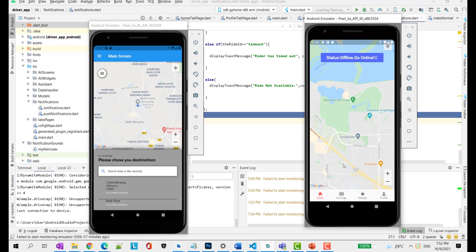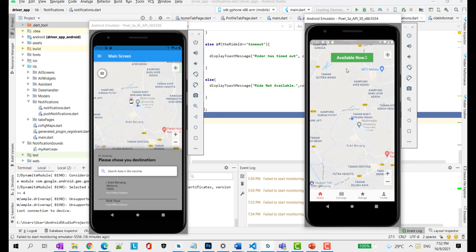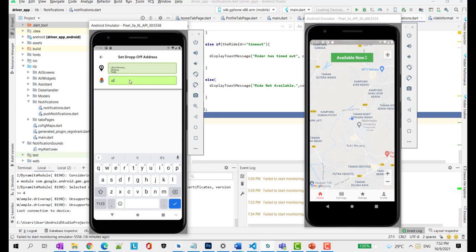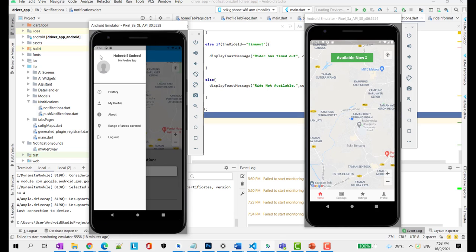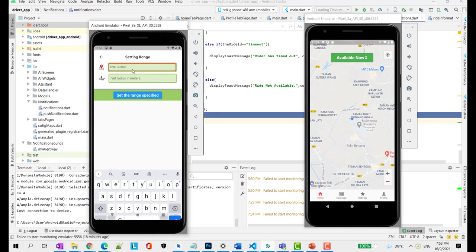The application will look at the position. So this is the home page of the application, and now when I click on the available now button, the car icon appears here. If I want to go to UTM, the UTM will not appear in the list, so I will need to manipulate the range, and I can do so in this option.